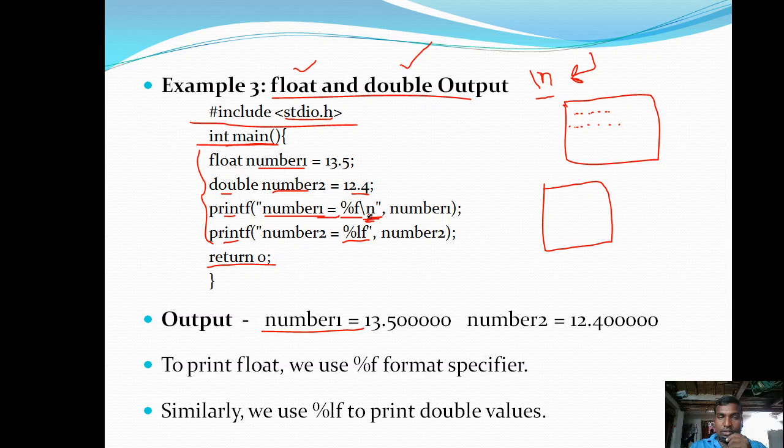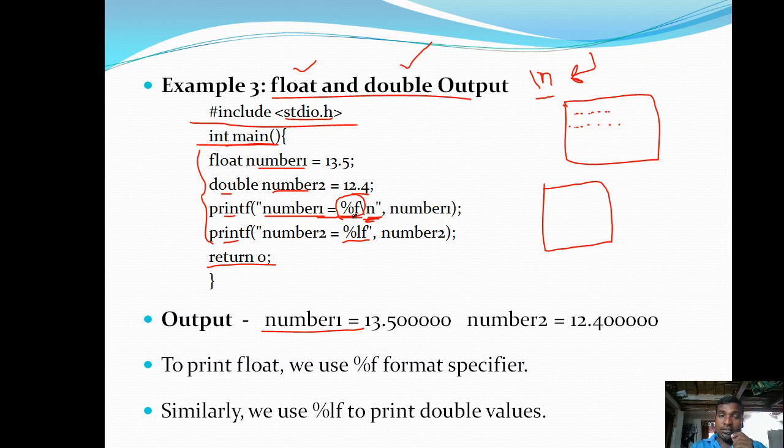then, as in the previous case where percentage d format specifier is replaced to print an integer value, in the same way here percentage f is a format specifier. We use it to print fractional, float or real values.